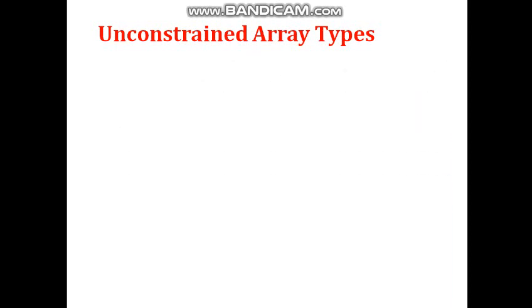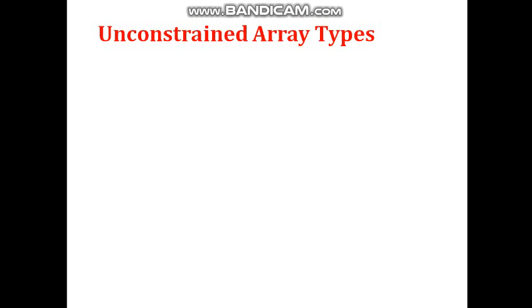The array types we have seen so far are called constrained arrays. Up till now, all the different types of arrays we have seen are constrained arrays. As the type definition constrains the index value to be within a specific range, each constrained array has a specific range.